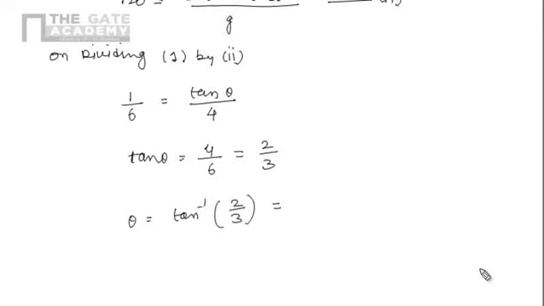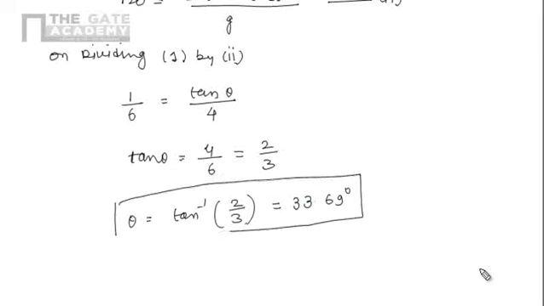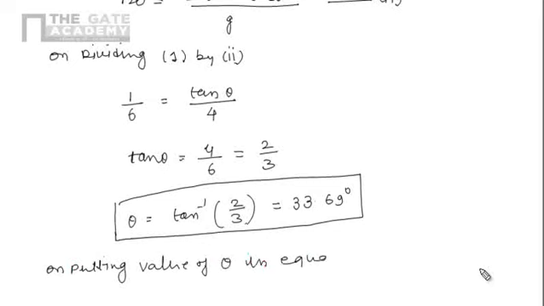So tan inverse of 2 by 3 is nothing but 33.69 degrees. So we can easily calculate the angle of projection, that is 33.69. Putting the value of theta in equation number 1,